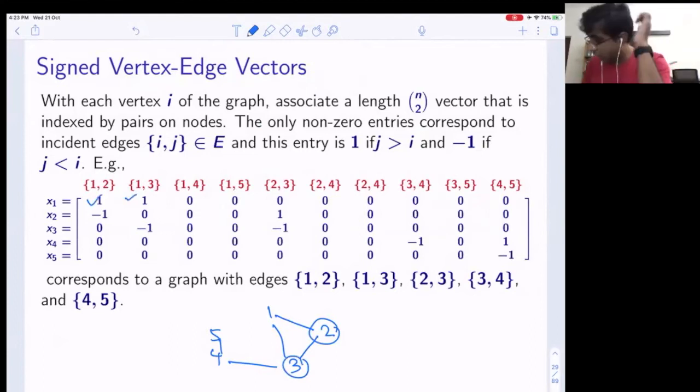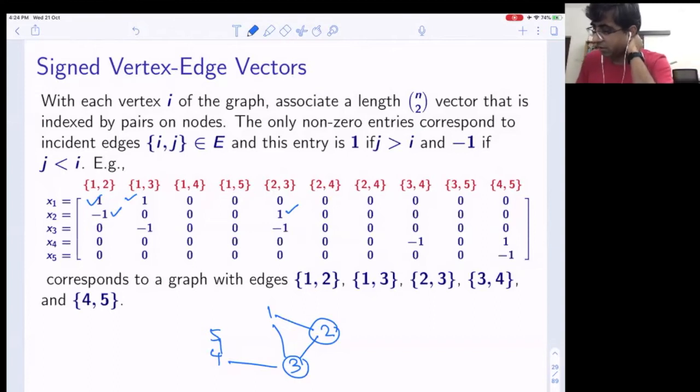Now look at 2. Vertex 2 has an edge from 1 as well as from 3. But 1 has a lower index than 2, so I make it -1. And 3 has a higher index, so the 2,3 coordinate has +1. Now look at 3. Vertex 3 has edges from both 1 and 2, so we have to look at the 1,3